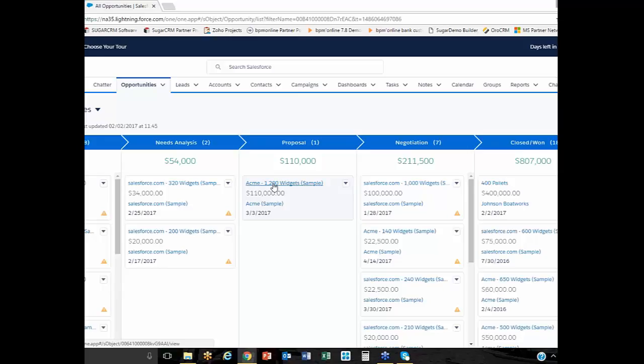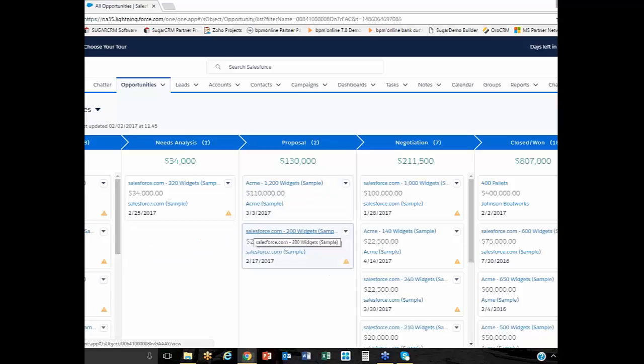And it's interactive, so I can click directly on the link and go directly to that opportunity. Or I can click and drag that opportunity over to another sales stage. Wow, I like that. That's pretty cool. Yeah, and simply manage my sales stages through the Kanban. So a pretty nice difference. I like this feature in Salesforce, and I think it's got some really good value to it.